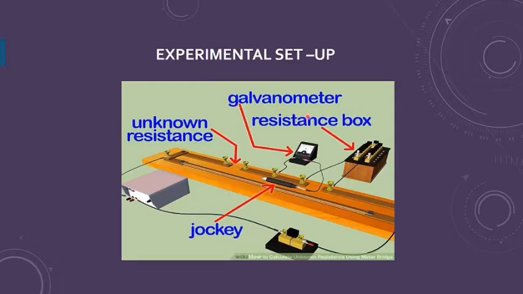If I change the position of the resistance box, and in place of the right side I put it on the left side, then my formula will also get changed accordingly. So you have to be very careful when you take the observation or when you solve different questions. Where you are putting the resistance box, where you are putting the unknown resistance, from where you are finding the length L, zero end, from the left side or from the right side, that will make a difference in your formula. So you have to be really very clear about these things.